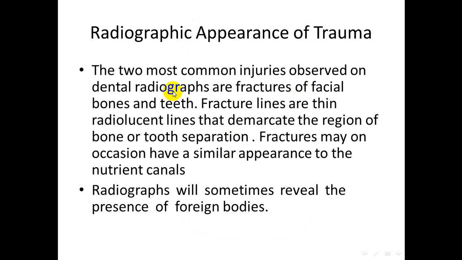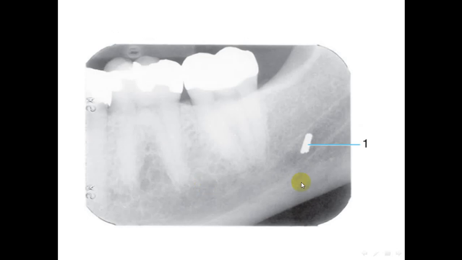Finally, we reach the radiographic appearance of trauma. The most common injury observed in dental radiographs is the fracture of facial bones and teeth. Fracture lines are thin radiolucent lines that demarcate the region of bone or tooth separation. A fracture may on occasion have a similar appearance to the mental canal. Radiographs will sometimes reveal the presence of a foreign body. Here, the patient with a trauma has a